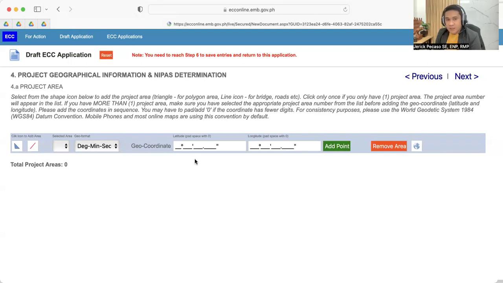And once you have all the information and data needed for the project, like the total capital investment, and the land use, whether the project is compatible with the existing land use through the zoning certificate issued by the city or municipal planning and development office, then you can proceed with step number 5 and soon step number 6 to finally save this application. So that's all for now.